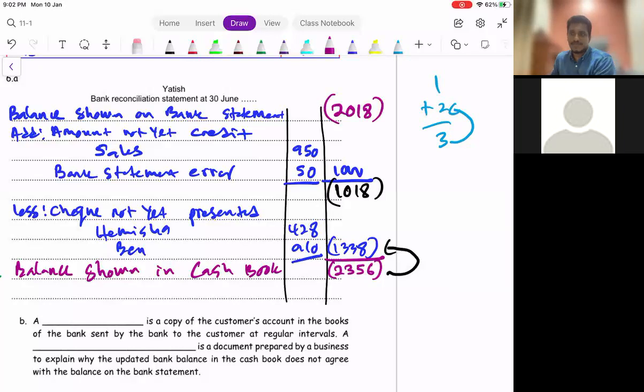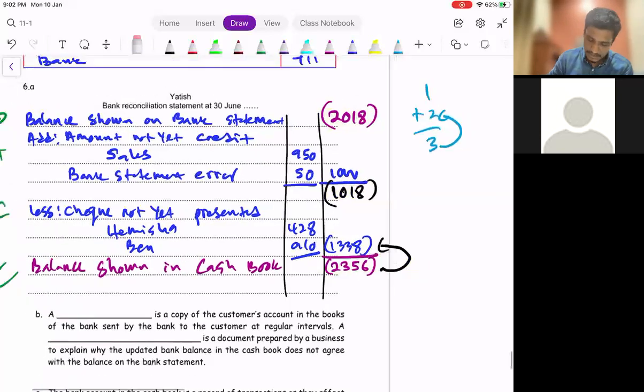Okay, to double check, is this answer correct? You can check. You take negative 2018 plus with 1000. Yes, I get this answer. This one minus with 1338. Yes, perfect. I get 2356. So always after you balance up and calculate, you double check here. If you didn't double check later, it's wrong, means you cannot detect the mistake. You always double check like this.